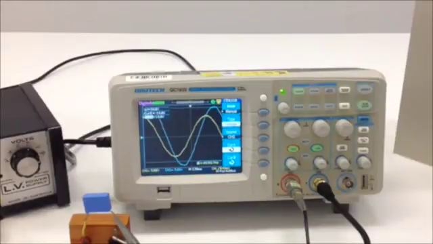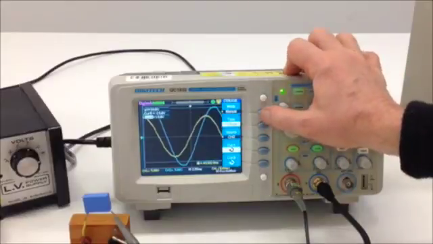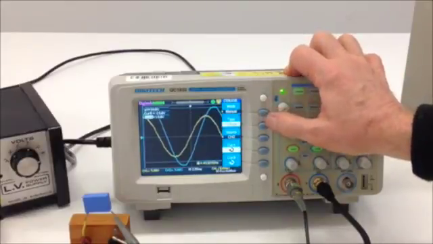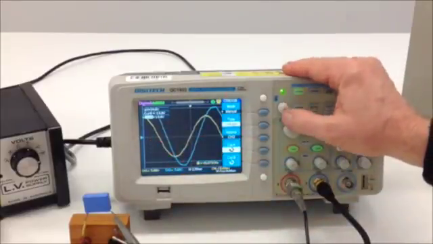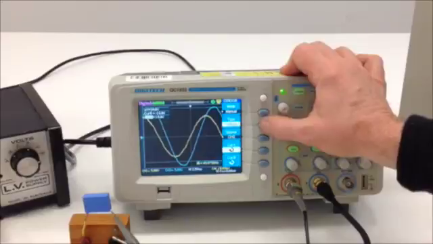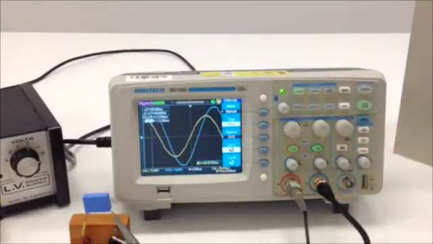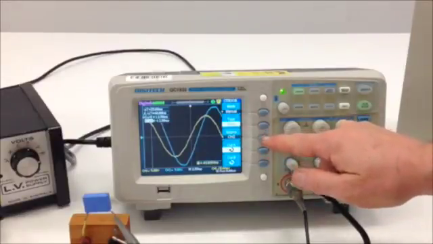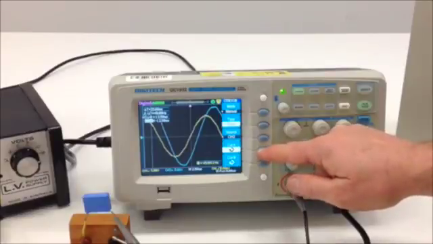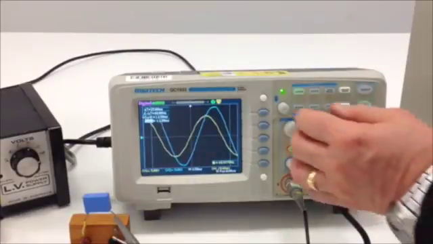Now we want to do some time measurements, and the two time measurements you need to do to calculate the phase are the time of a total period and the time difference that they are out of phase. So let's go back to time measurement. So I'll now select time measurement, and it doesn't matter which channel we're on, and we'll select cursor A, turn off the menu, and let's put cursor A